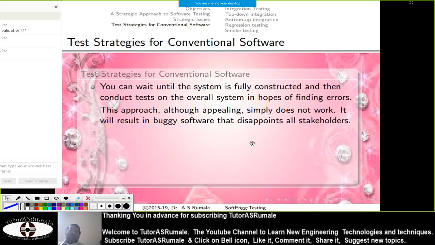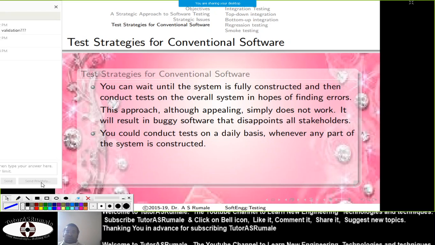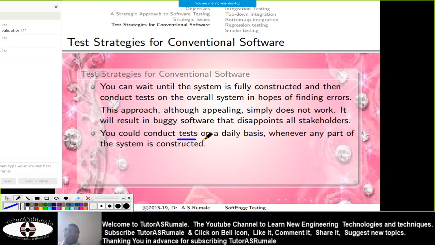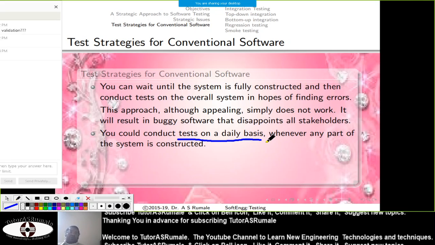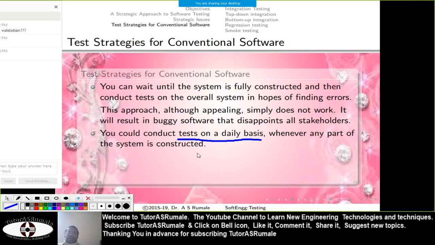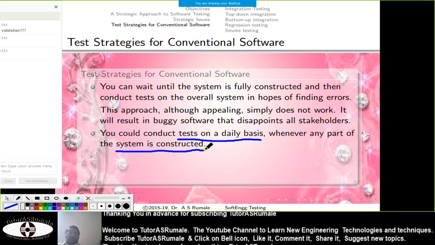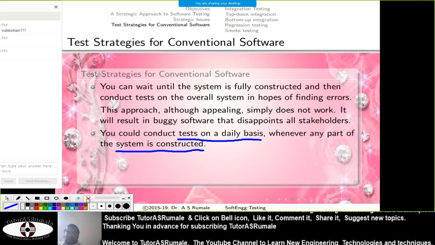So whenever you go, you should consider unit testing. So you say whether it is okay, testing should be done periodically, but whether on a daily basis, no. What software engineers generally do is test whenever any component of the system is constructed, so that component gets tested continuously.